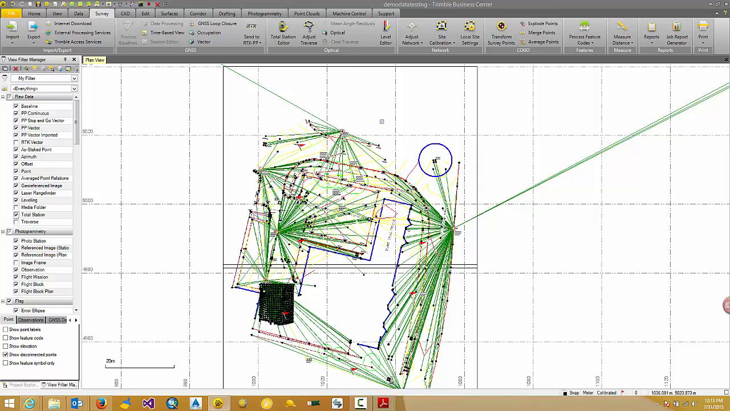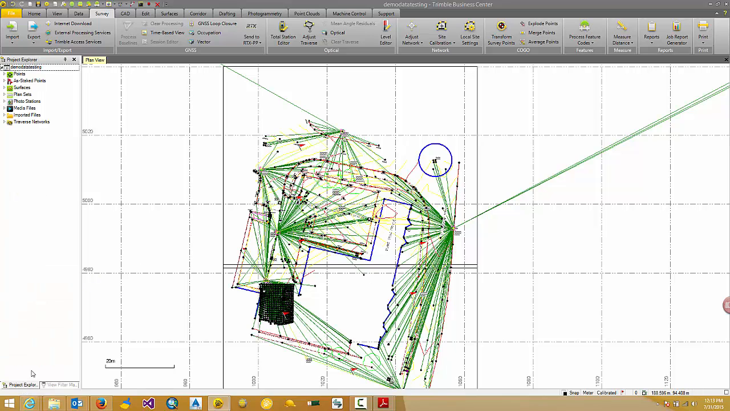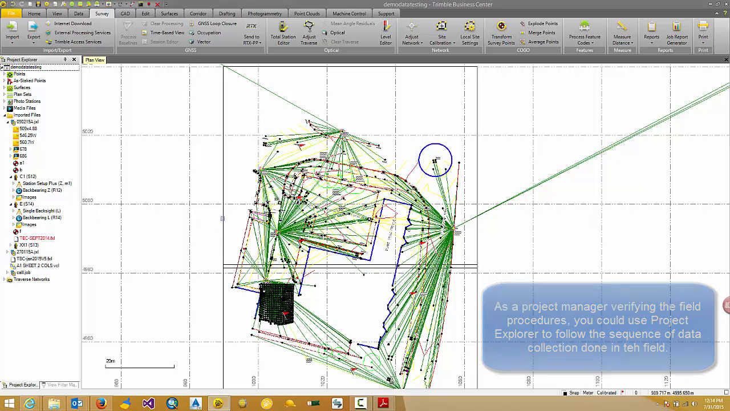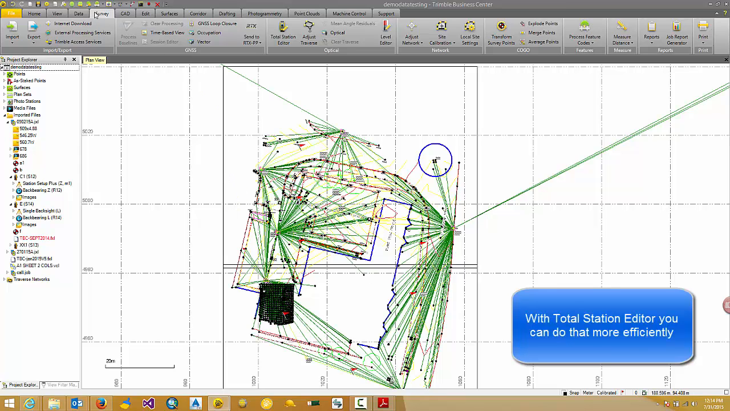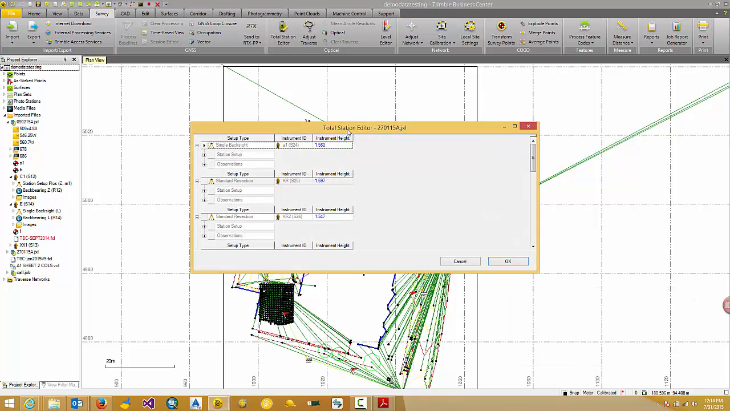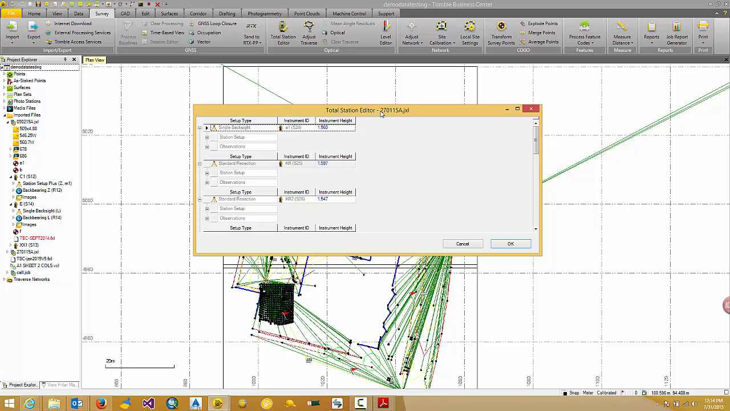total station work. Previously, if you wanted to get a better understanding of the sequence of your measurements and what the field operator has been doing, you can go to the Project Explorer, expand the imported files, expand the JXL, and then you can reconstruct and get yourself more familiar with what has been done in the field. In order to do that more efficiently, from the survey ribbon under the optical group, you can launch the Total Station Editor, and you can select the JXL file, and that opens the Total Station Editor utility